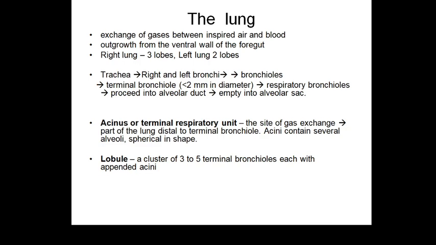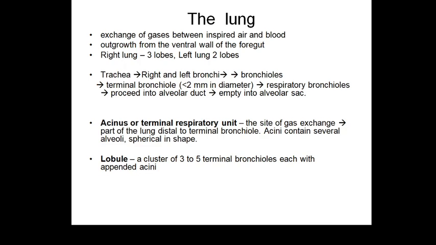Now we all know that developmentally the respiratory system is an outgrowth from the ventral wall of the foregut. The midline trachea develops into two lateral outpouchings, that is the lung buds. The right lung bud then divides into three branches, that is main bronchi, and the left one into two. So the right lung consists of three lobes, whereas the left consists of two lobes.